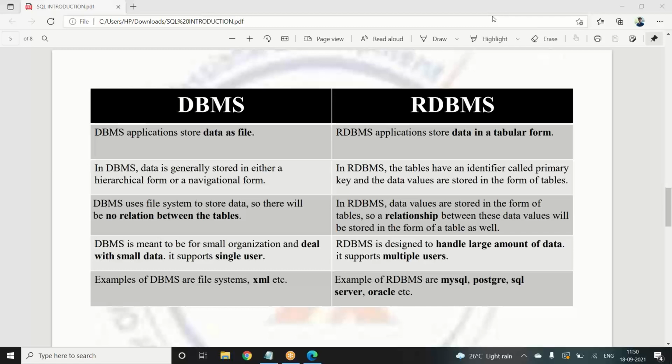So we can make those changes in the database management system. And there is no such thing called tables in the database management system. Somebody has said that we will have those tables using SQL, and that is right. So where do we use SQL? That is in the relational database management system. In the RDBMS, we would have the tables, but in the normal DB, which we normally use in our phone or on our systems, things will only be stored as files, and there will be no tables here. And this DBMS is used for smaller data handling applications.